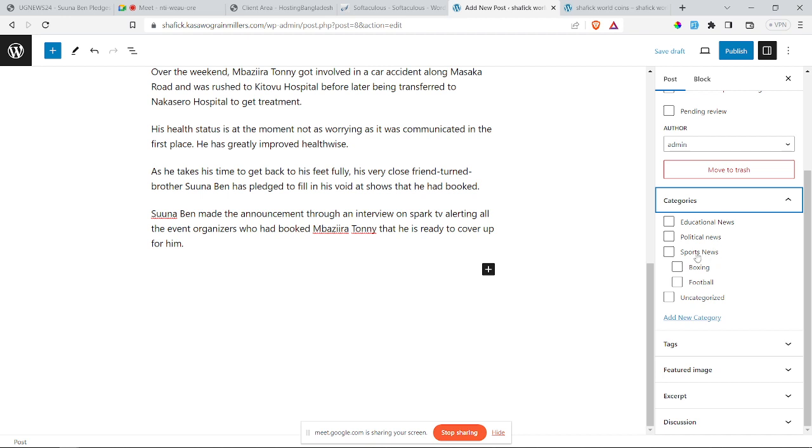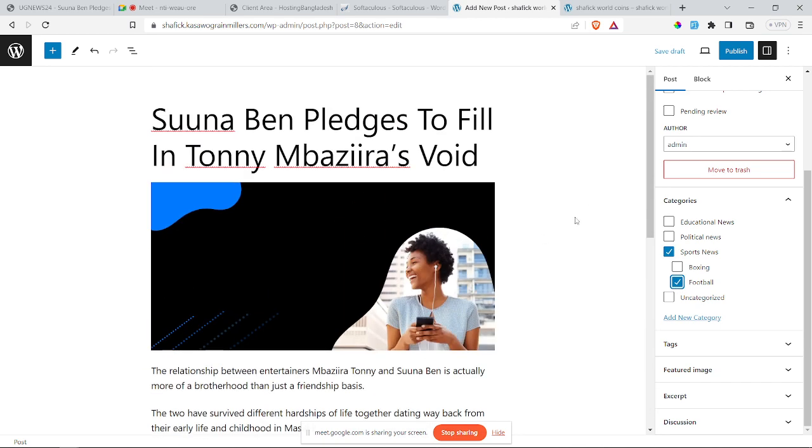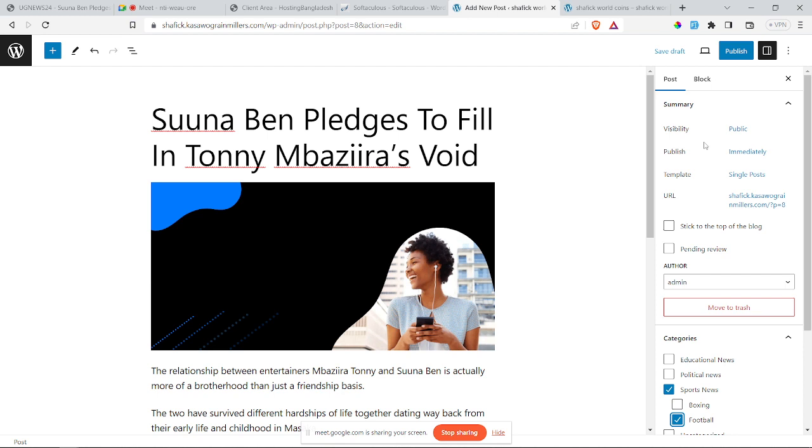Let me give it maybe sports, though it is not a sports news post, but for example, I'm just assuming I'm going to give it sports news. Then I can even give it a subcategory of maybe football. Yes, and on our right we have